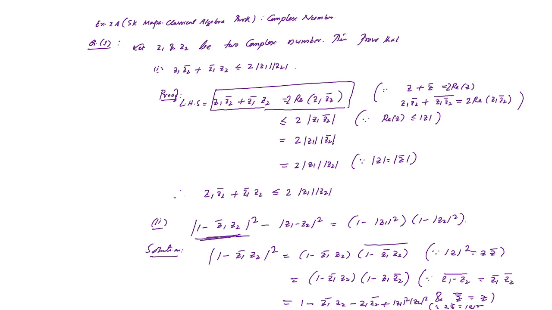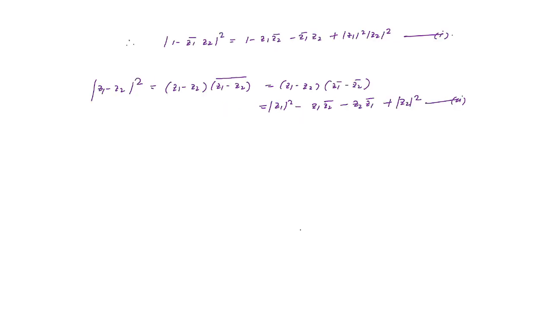So we just expand this first expression and the second term. We'll take the subtraction between the first and second term. By using 1 minus 2, we will get |1 − z1 z̄2|² minus (|z1| − |z2|)² equals, so it will be 1 − z1 z̄2